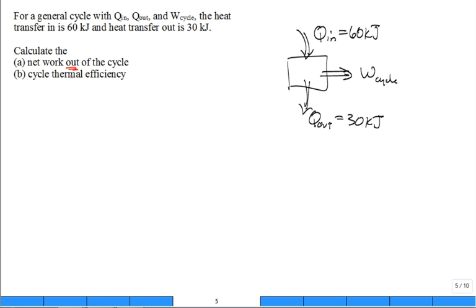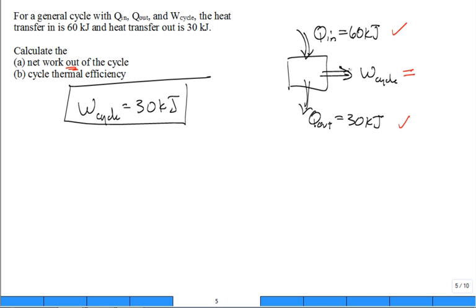I'll just pause and let you write that solution down. So let's go through it. What we have is 60 in, 30 out, meaning this is 30 out. That's just units of kilojoules. So by observation or quick deduction, that 60 in, you have 30 out with the heat, hence the work of the cycle is equal to 30 kilojoules. And that's out in that positive direction, the sign showing you on the illustration,